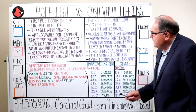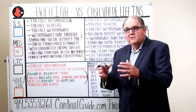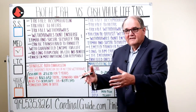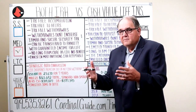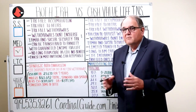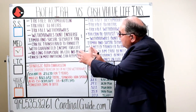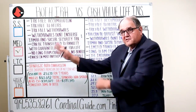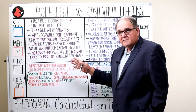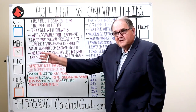Okay. Now, with the Roth IRA, you can invest in most anything that's IRA acceptable. If your IRA custodian allows it, you can invest in it. We manage money for people, and we set up Roth IRAs, and people are invested in a number of different things, and there's flexibility in that. When people have both a Roth IRA and a traditional IRA, if they're going to take risk, we're going to take more risk in the Roth IRA than we do in the traditional IRA,